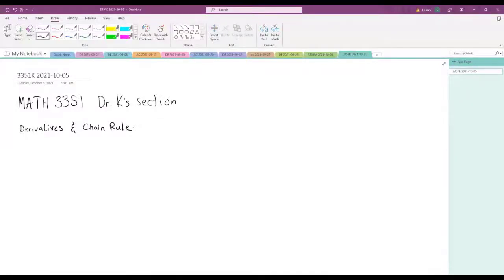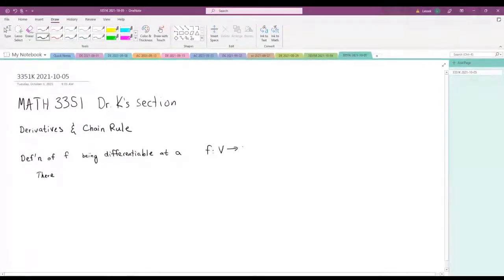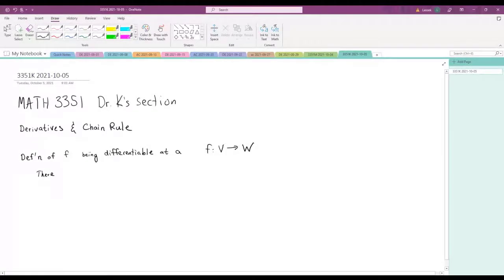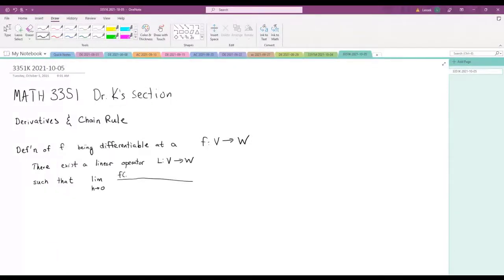We are talking about derivatives and the chain rule today. Look at the definition of f being differentiable at a point, a. That is a function from some domain into some space. So f is differentiable at a point if there exists a linear operator that I'm calling L, such that this